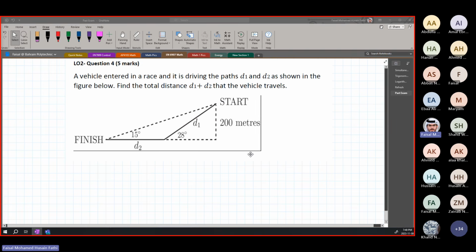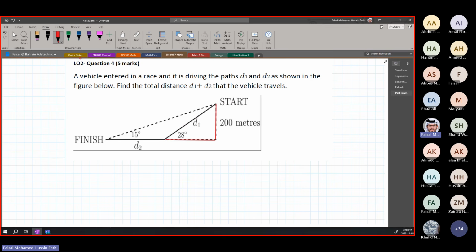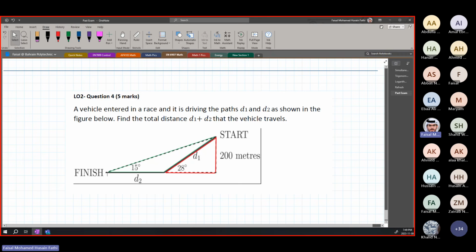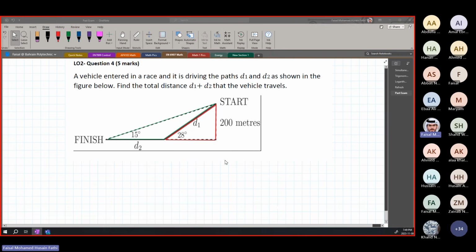We're going to look at both triangles, of course. The first triangle we will look at is this one, our right triangle. And the second triangle that we will look at is going to be this one. Okay, so these are the triangles you're going to be looking at. The first triangle, the red triangle. We know this is a right angle, so we can find D1 easily.